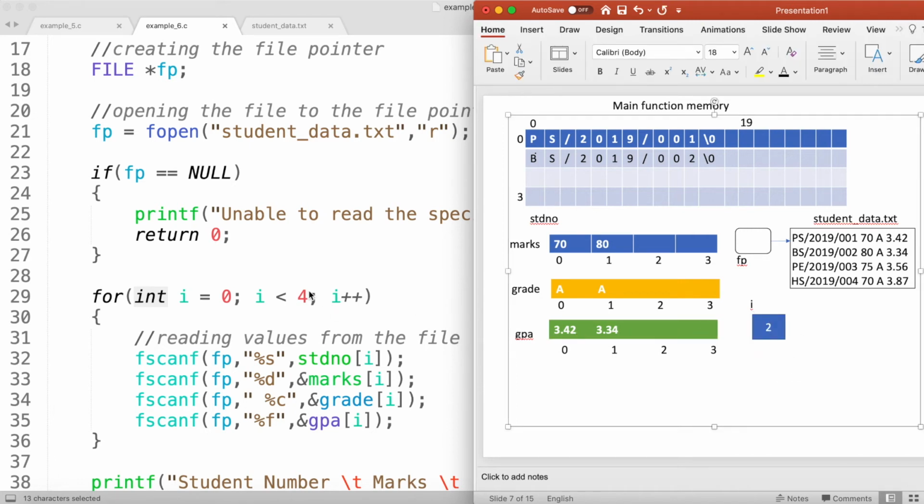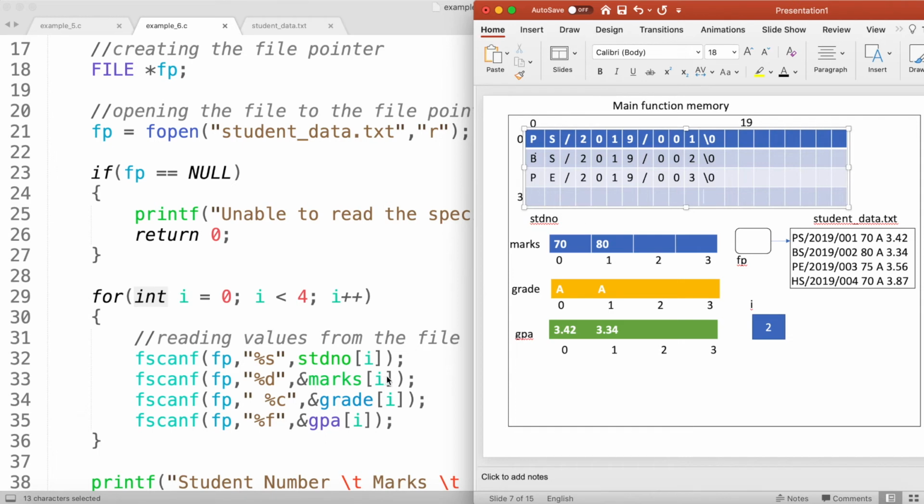Then I need to come here and check the condition. Now 2 is less than 4. This condition becomes true. Then I'm going to execute my inner statements once again. When I execute them, it will read the third student number into my student number array, and this is how my memory looks.